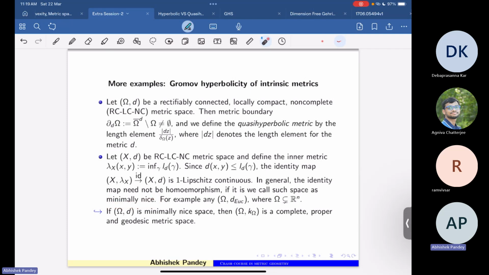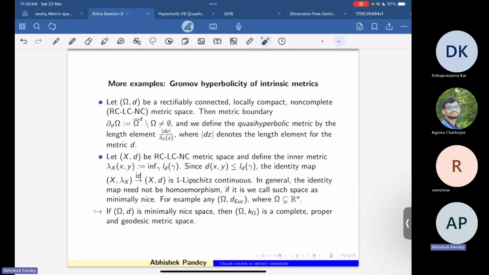Okay, so if we have a metric space (X, d), and we associate it with the inner metric, if the identity map is a homeomorphism, then we call such a space (X, d) a minimally nice space. And if (Ω, d) is a minimally nice space, then if we equip Ω with the quasi-hyperbolic metric, that is going to be a complete, proper, and geodesic metric